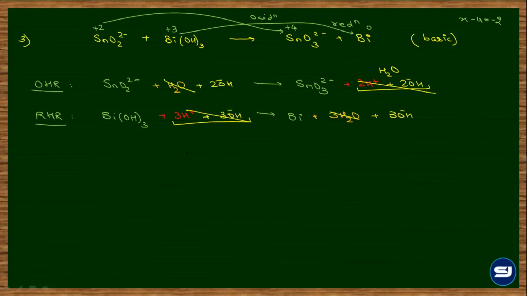Clear? So the basic medium OH minus part is over. अब step number 7 की बात करते हैं. Charge balancing in terms of electron. इसलिए इसको ion electron method बोलते हैं या half reaction method. Now the name is justified.